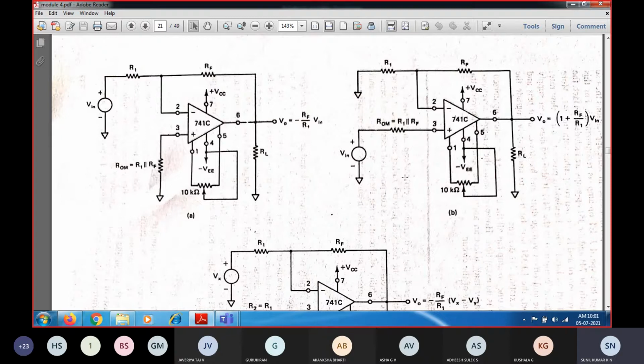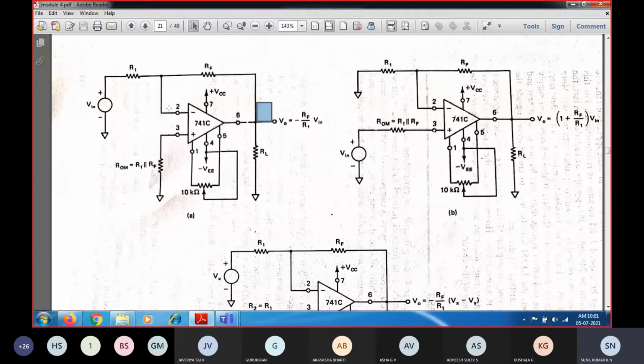That type of output voltage gets developed when there is some mismatch in the operational amplifier. To nullify that mismatch, the manufacturer has provided offset nulling terminals for certain operational amplifiers. In the 741 op amp, terminal number 1 and terminal number 5, that is IC pin 1 and pin 5, are the offset nulling terminals.